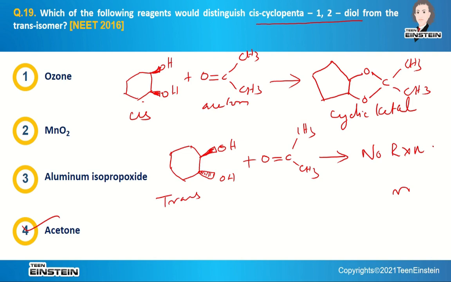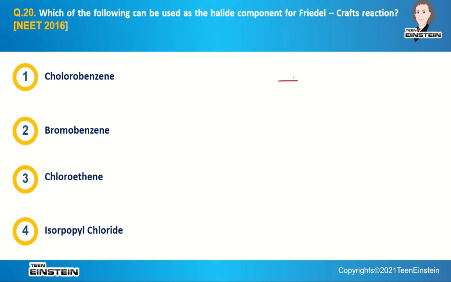So next move on to the 20th question. Which of the following can be used as the halide component for Friedel-Crafts reaction? So here they gave 4 halide components, that are chlorobenzene, bromobenzene, chloroethane, isopropyl chloride. In chlorobenzene, bromobenzene and chloroethane, the lone pair of halogen is delocalized with pi bonds, that is here, like this, double bond,